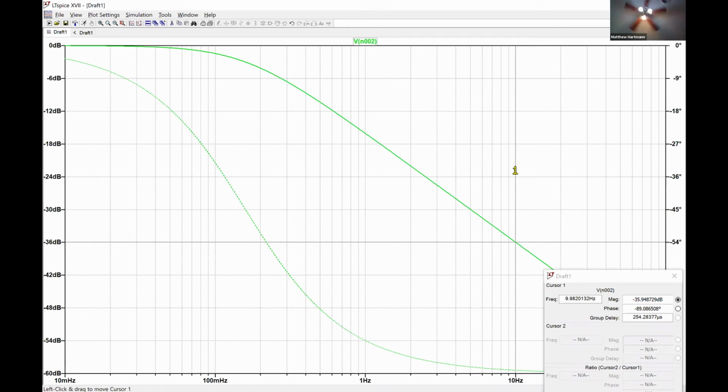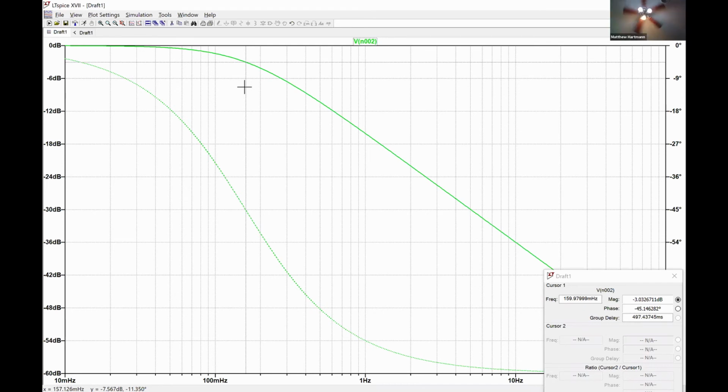So let's talk a little bit about the corner or cutoff frequency while we have this graph up and we can kind of look at things. For the ideal filters, the cutoff frequency was very easy to determine, right? Everything below this point was passed and everything above this point wasn't passed. But because we have a smooth transition between the pass band and the stop band for a practical filter, we need another definition. We are going to define the cutoff frequency to be when this signal drops by 3 dB. So if it starts at 0, we need to find when it hits negative 3 decibels. I'm just dragging my mouse over. Here we go. So it's hitting minus 3 dB from its maximum value at roughly